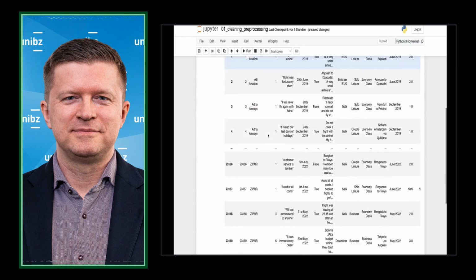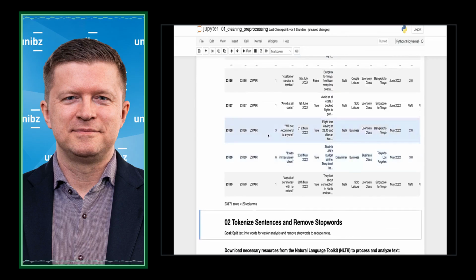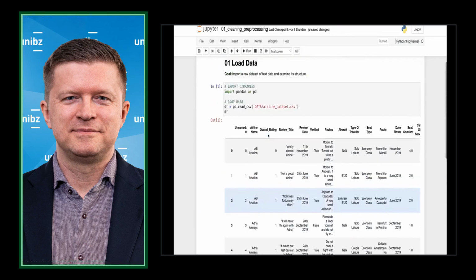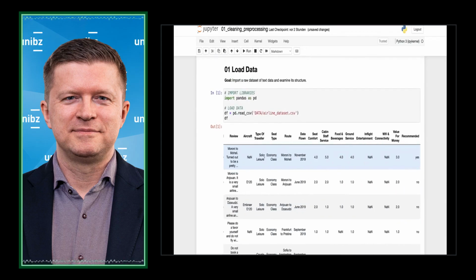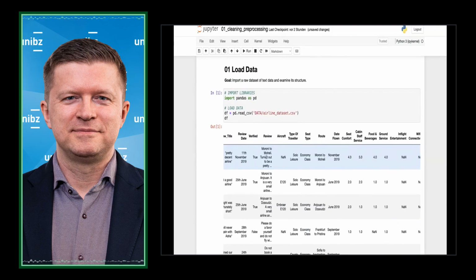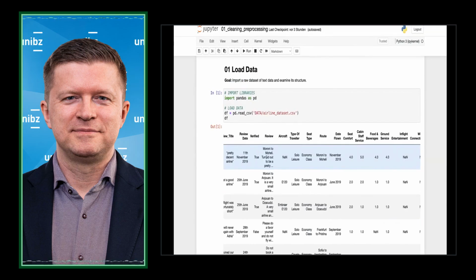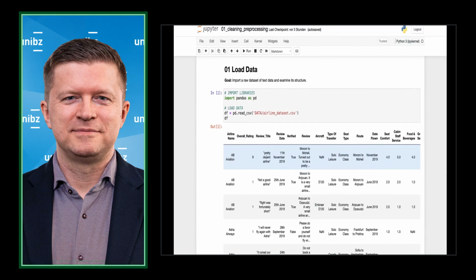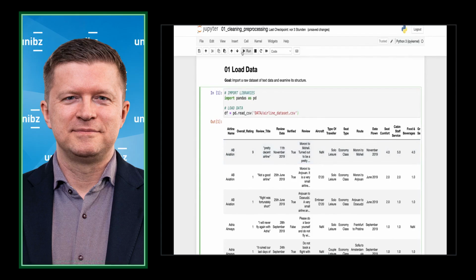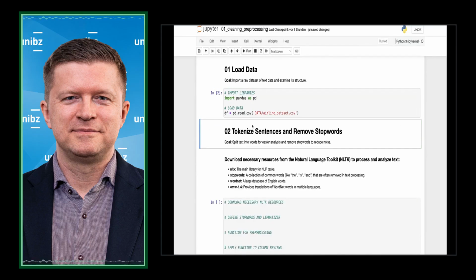All right, so 20 columns and 23,000 rows, and we are interested probably in the review because we want to do a sentiment analysis with this review column to see, is the sentiment of those American Airlines reviews more positive or more negative, or what is the current state or the sentiment towards this airline. All right, so we have imported that, and then next step would be we want to tokenize